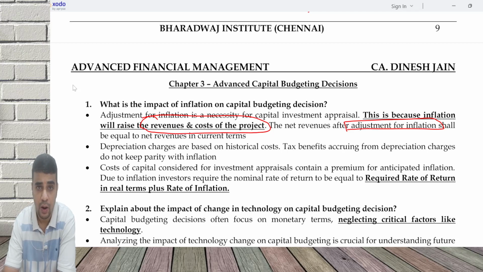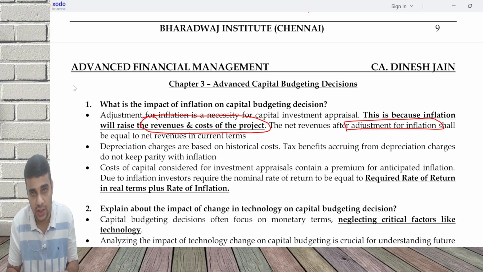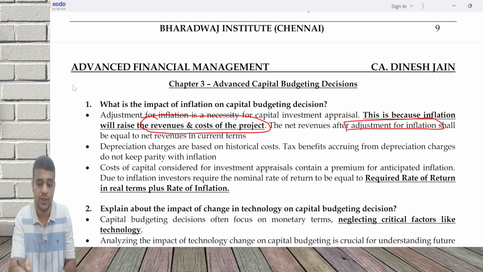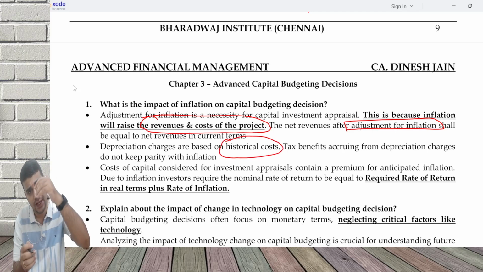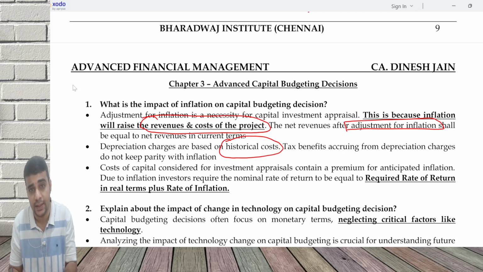One issue is, on your capital investment, the depreciation which we charge does not get the benefit of inflation, because depreciation is always on historical cost. So as inflation increases, on depreciation we get a tax benefit, but the worth of the tax benefit will start going down in case there is a continuous increase in inflation. So inflation impacts the benefit which we get from depreciation. Also,